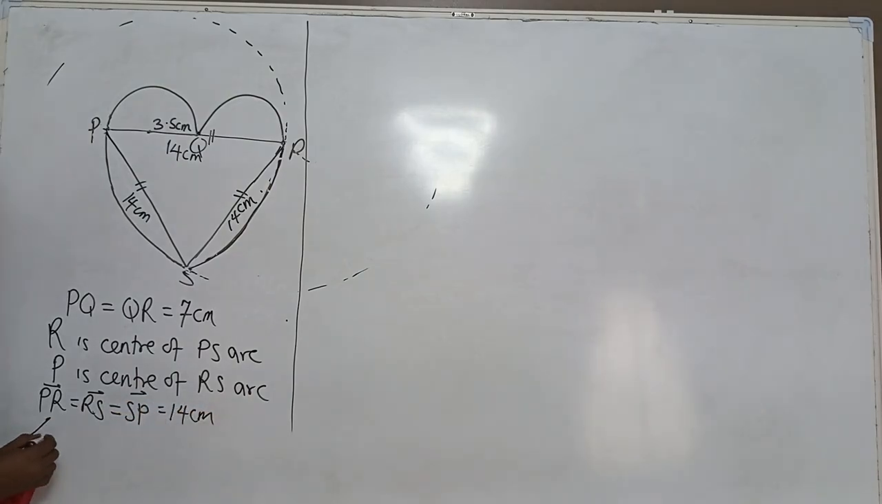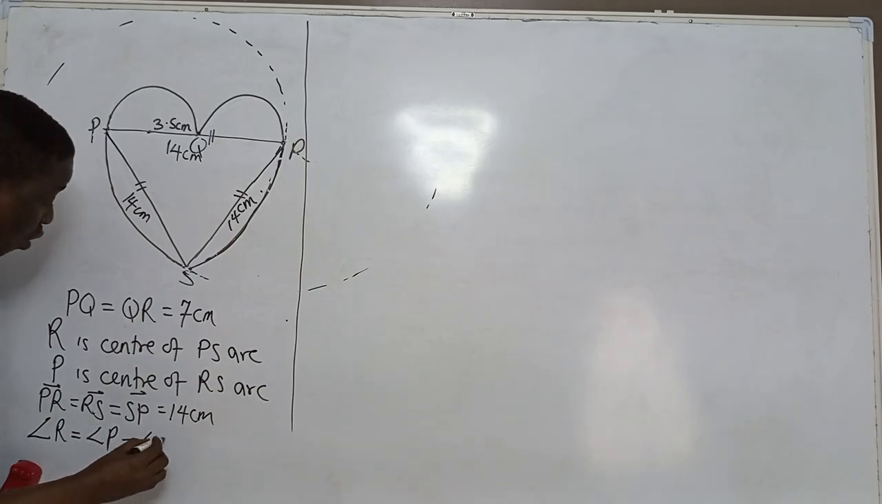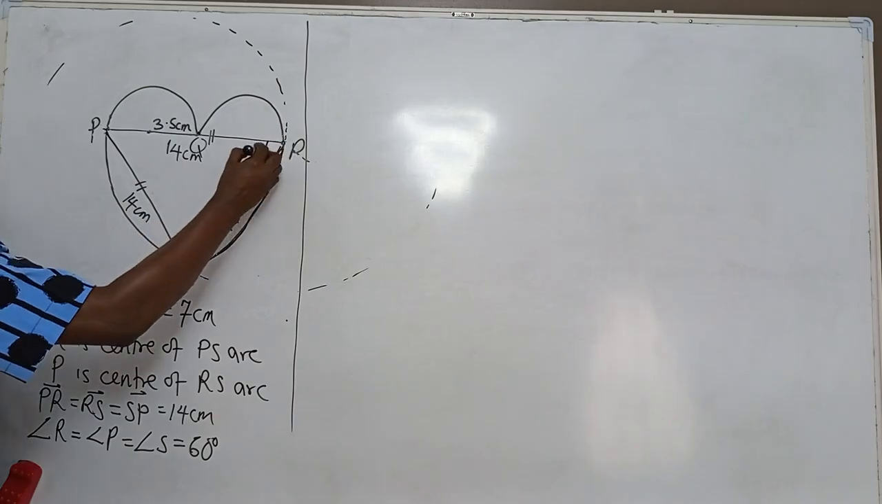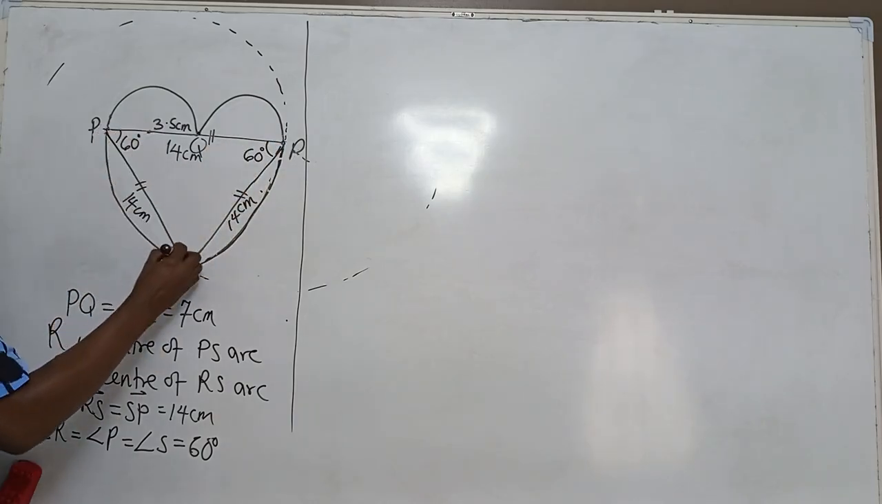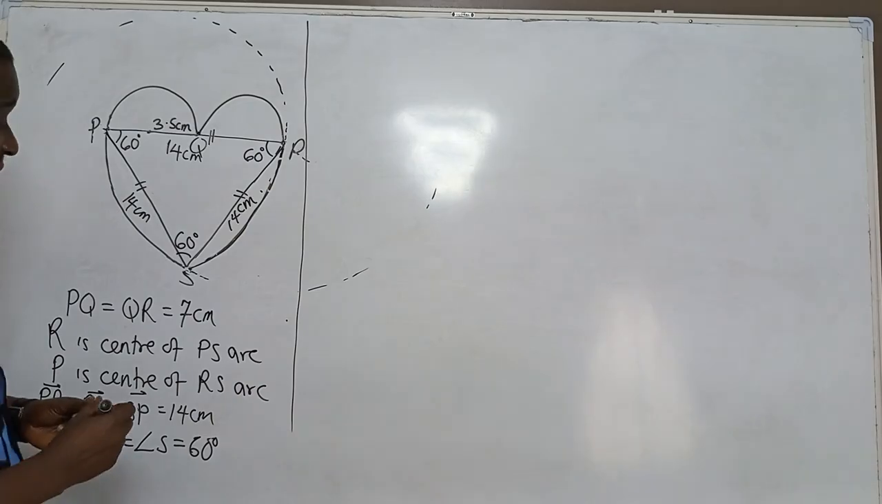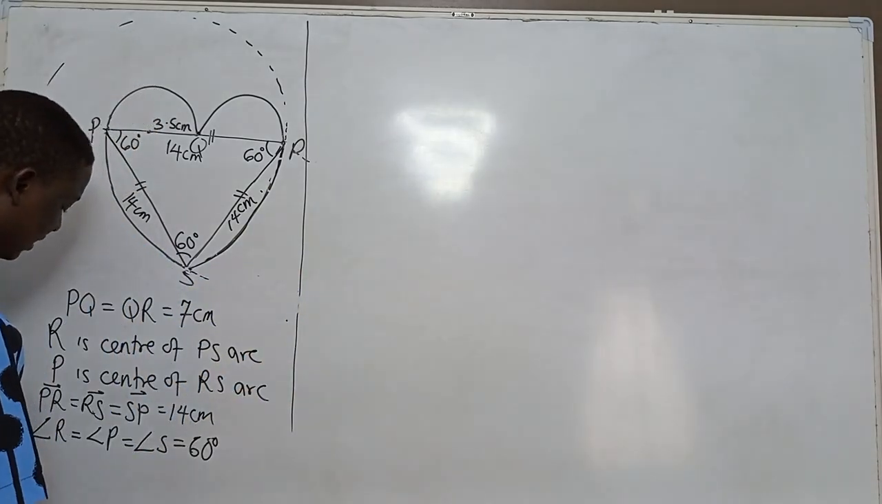Similarly, that means angle R is equal to angle P is equal to angle X, which is equal to 60 degree. So here is 60, here is 60, and here is also 60 degree. So the sum of angles in a triangle is 180 degree. So in that case, what we are going to do now is simply